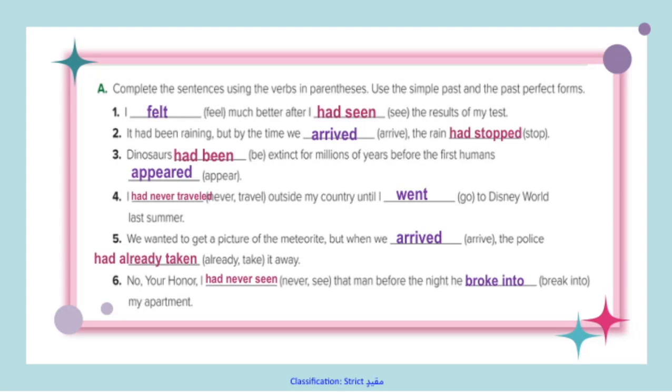So, let's start with "broke into." This phrase is often used to describe someone entering a place illegally or suddenly making a breakthrough. It highlights a moment of change or intrusion. Moving on to "had never seen," which emphasizes experiences or sights that someone hadn't encountered before, reminding us how unfamiliarity can shape our perspectives. Then, "had already taken" refers to actions completed before a certain point, showing how prior experiences